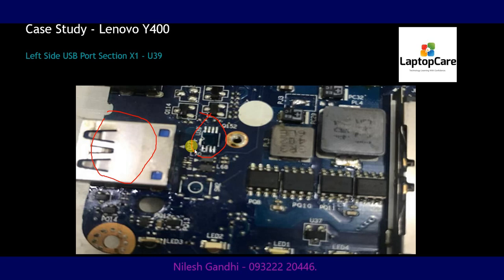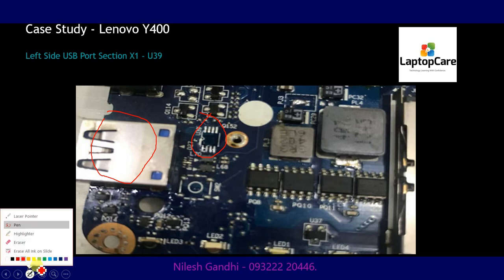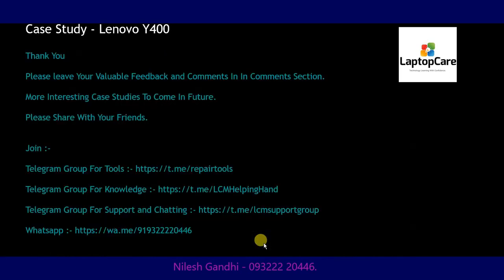Then we pressed the power button, and bingo, the display is on, and it started without any error. So this culprit IC we removed and replaced with a new IC, and now the laptop is working perfectly fine. This particular section, giving supply to USB 3.0, was converting plus 5 volt always to USB VCCA. So USB power was the problem; it suffered due to some malfunction and shorting the board.